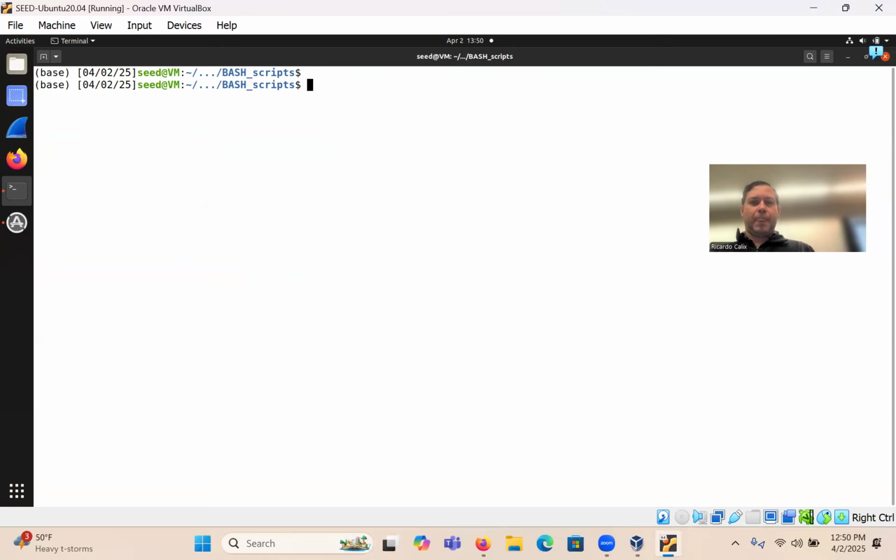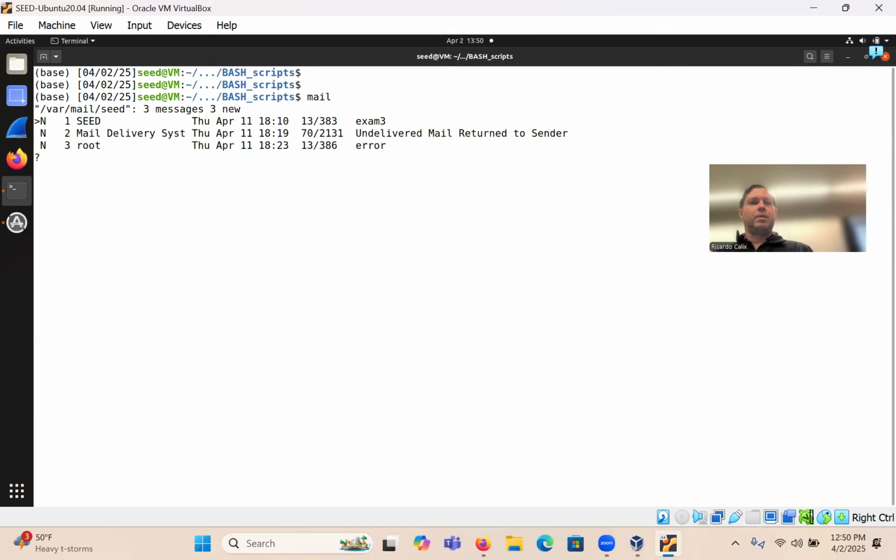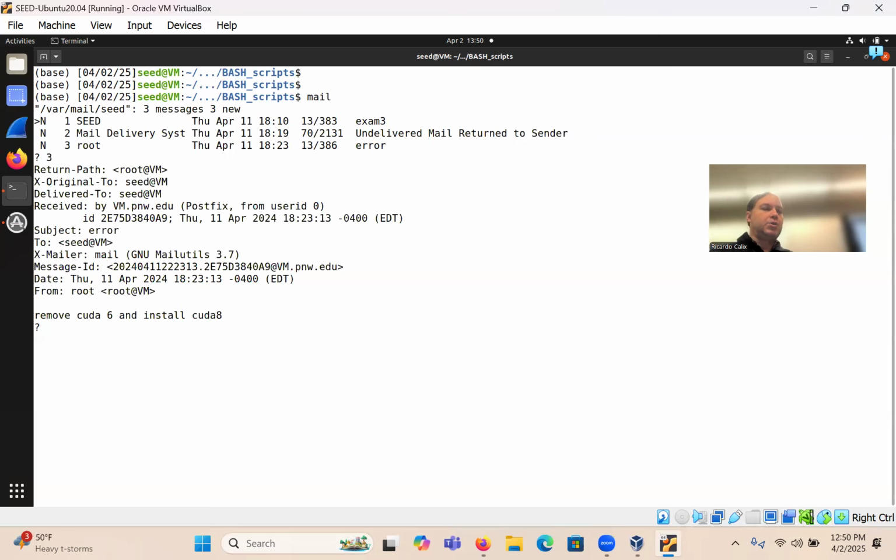Then run mail. That's the program. It shows, as you can see, some messages, right? So, three, and then it shows you all the details of the message. This is really old school. This is how it used to be essentially. Remember the history of Linux when we talked about it a few weeks ago, right? It started at universities, Linux systems, and people would just send email like this.